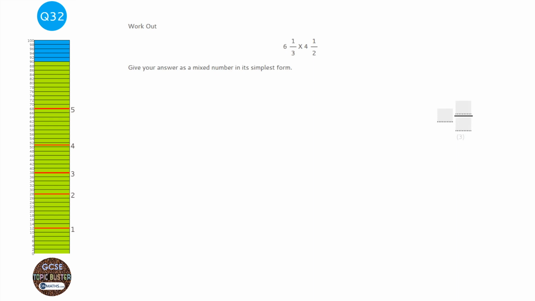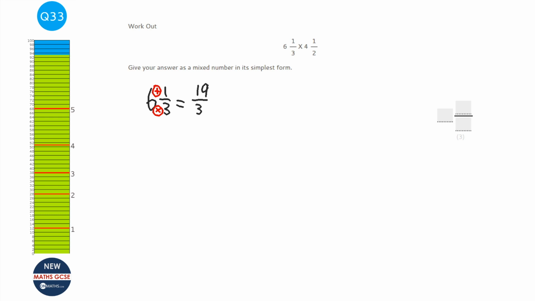Okay, this is quite a lengthy question, and again, there's multiple ways of doing it, so if you've got a technique that works really well, stick with it. But with this question, and with any fraction questions, you need to make them top heavy first. So that's what I'm going to do with both of these fractions. So 6 1/3. To make it top heavy, you times by the bottom, and then that answer you add to the top, and then you keep the bottom the same. So 6 times 3 is 18, add to the top is 19, but keep the bottom the same,